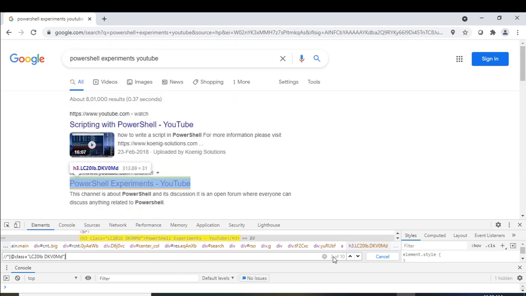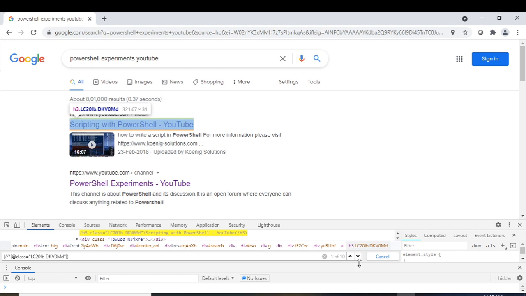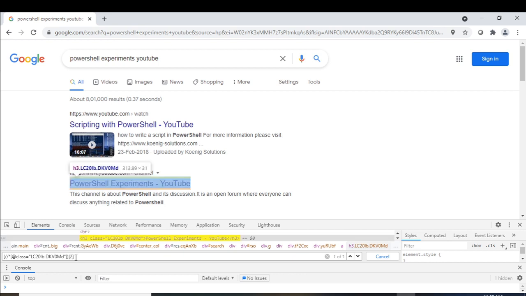is 2. It means that my element of interest, or you can say the hyperlink which will open my YouTube channel, is at number 2. Okay, so how will I give it uniqueness? By inserting it between brackets, square brackets, and then number 2. So you can see that it has highlighted this element. Now again we have to do the same thing here.